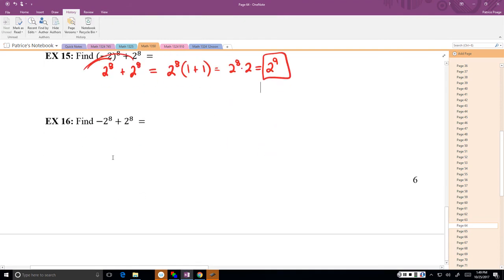All right. So here, is the negative being raised on this one? No. So it stays negative. So I could swap these if I want and think of it as 2 to the 8th minus 2 to the 8th, which is what? 0. Okay, I'm going to try to make up one real quick,